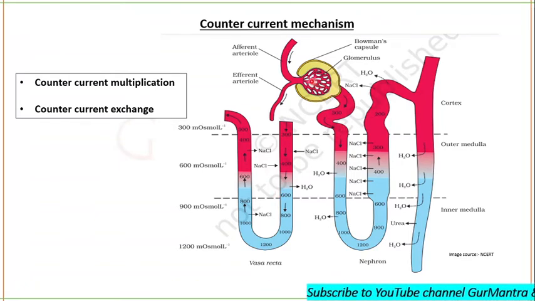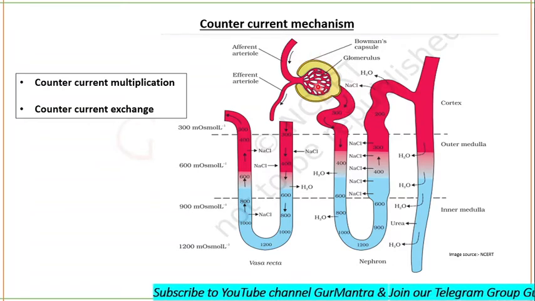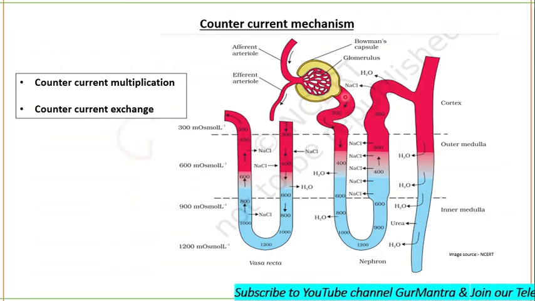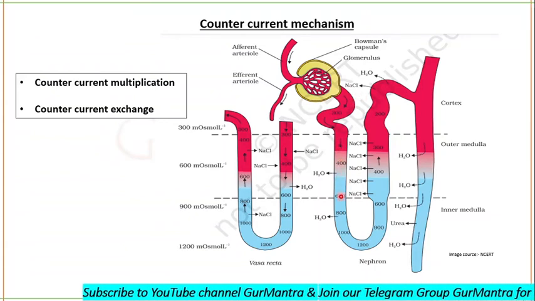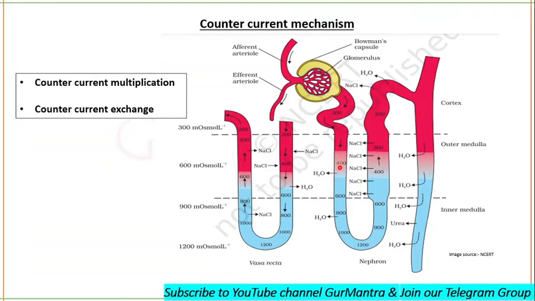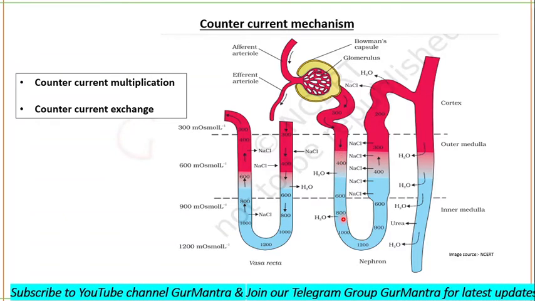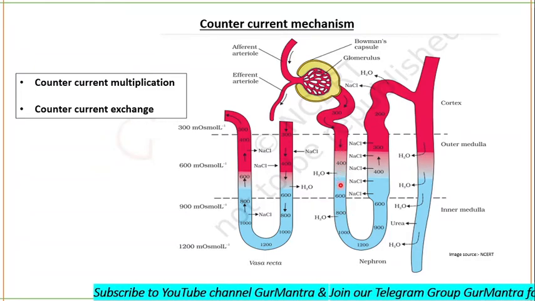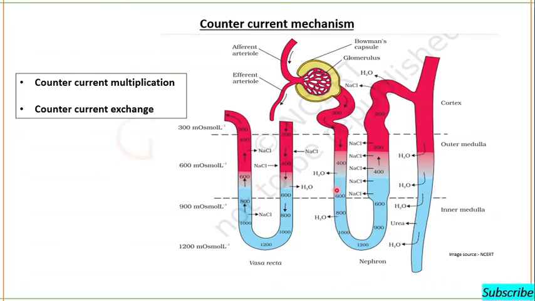Now see what happens. The filtrate which comes out of the capillaries into the Bowman capsule, and then the proximal convoluted tubule, is dilute. But the descending loop of Henle is permeable to water, and it allows water to get out of the tubule. Slowly and steadily, because it is losing water but not losing solute,